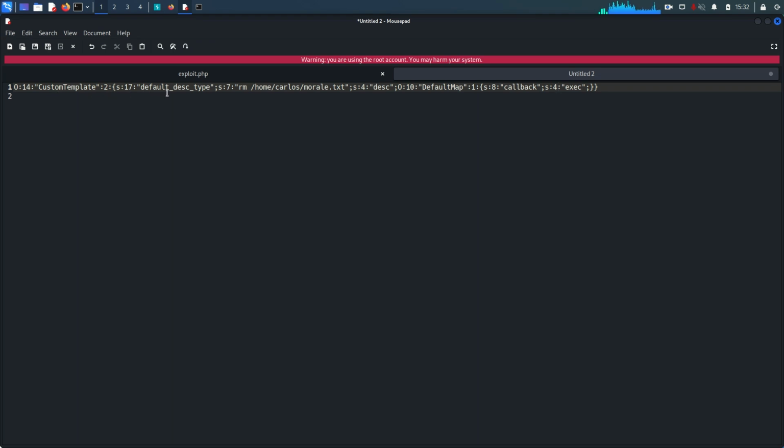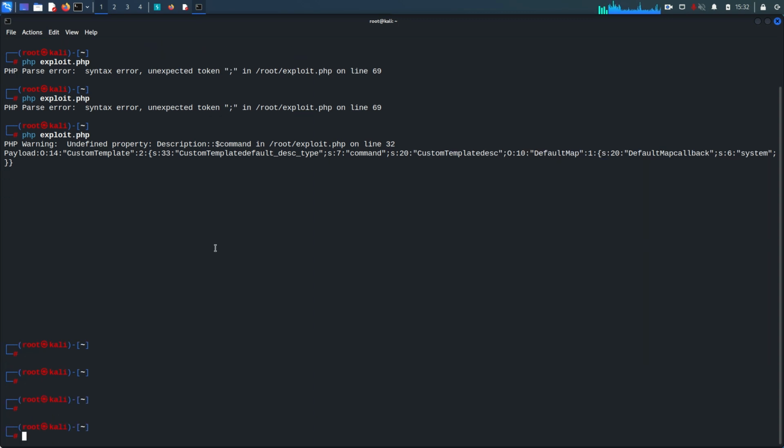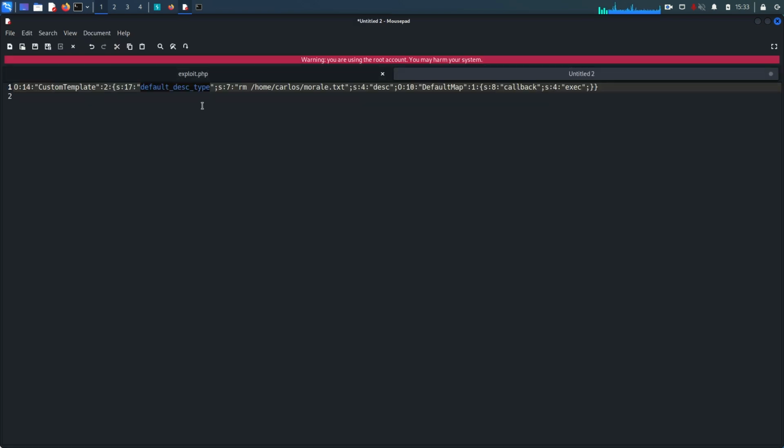Custom template default description type. Let's see if it contains 17 characters or not. We need to check that. So echo space hyphen n, paste that, and wc space hyphen c. How many characters are there? 17. That means fine. Oh, because we change it from command to this one, so we must